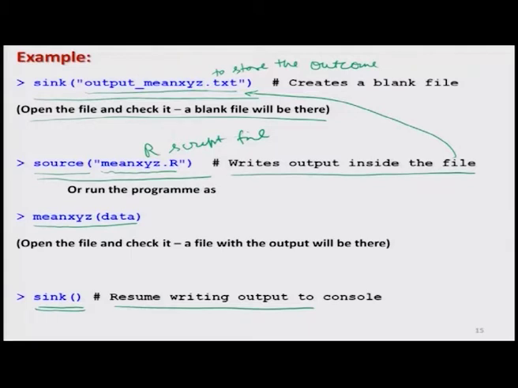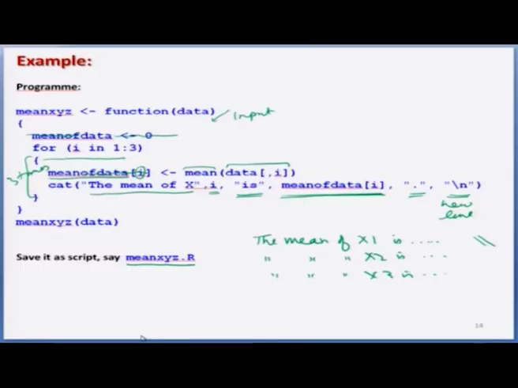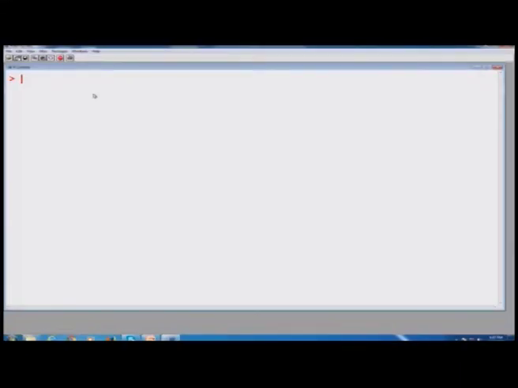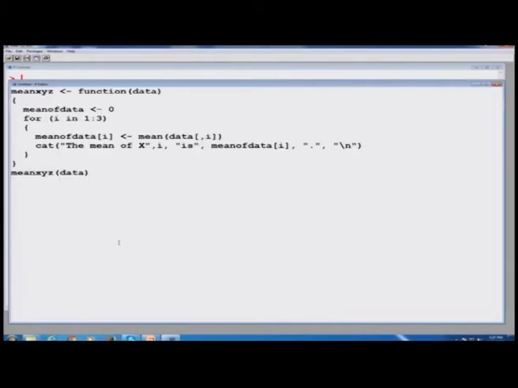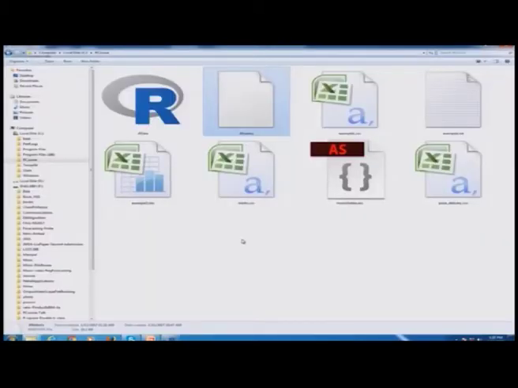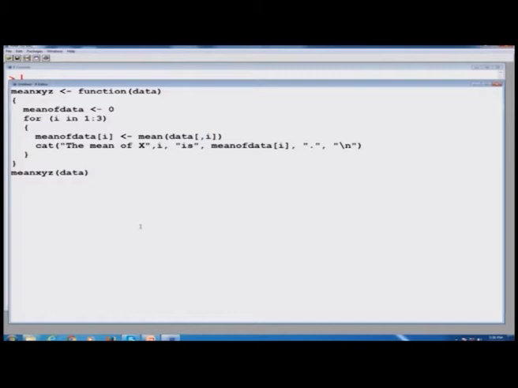So, now let us do all this operation on the R console. First I create a script file. So, I copy this function over here. First we open a new script file. This file is here, and I copy the same program over here. Now, you can see in this directory there are only 8 files, and there is no file called mean xyz.r. So, now this file is here, and I save this file as mean xyz,